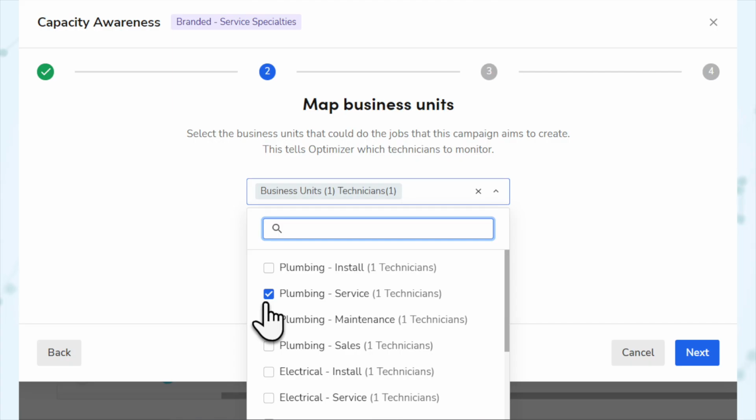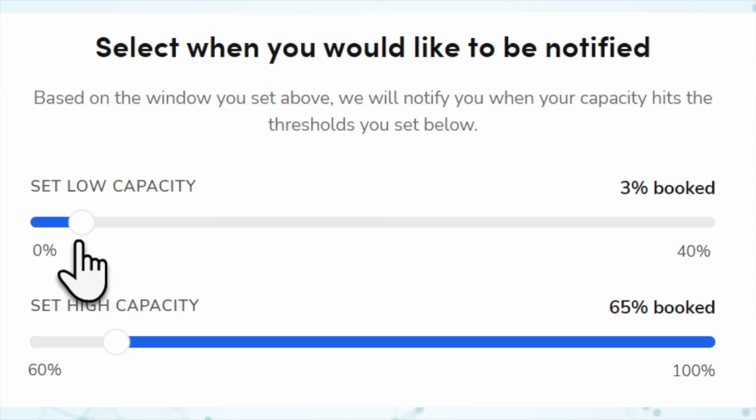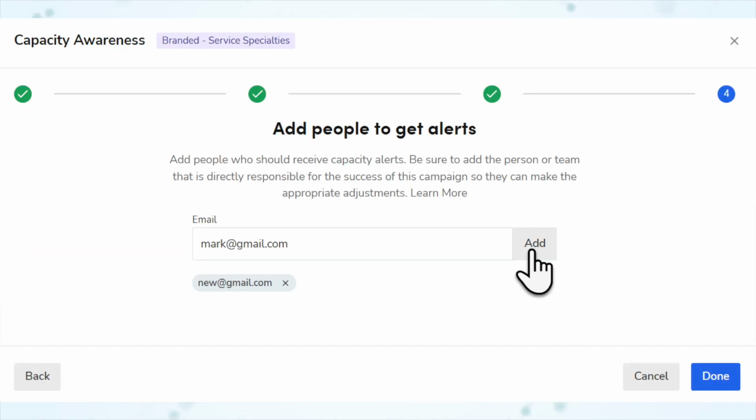Now, another benefit of Ads Optimizer is something called capacity awareness. Basically, okay, let's say you have a campaign that is mainly targeted for getting installs. With capacity awareness, you're able to tell ServiceTitan to look 1 to 7 days out in the future and see how much capacity we have in the installation business unit in that department. And you can set a low capacity threshold and a high capacity threshold. And then it will send alerts to the people of your choosing based on those thresholds,